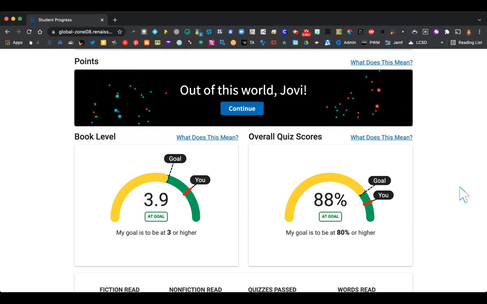So as they scroll down, they have several things that they can look at here. Overall quiz scores and this average, and your goal is to be at 80% or higher. So that's good. You can see here that the student is performing a little higher than their goal with those average scores. So that's great. And then over here, you can see book level, and my goal is to be at 3 or higher. So that's good. You can see that this student is a little higher than their goal, which means that the books that they are choosing to read are a little higher than the book level that's been